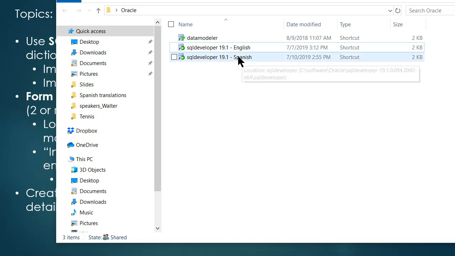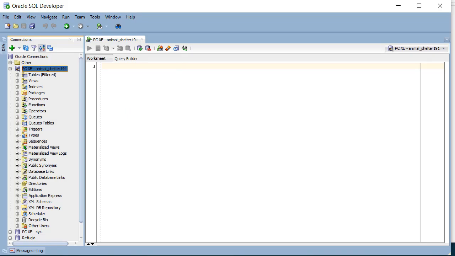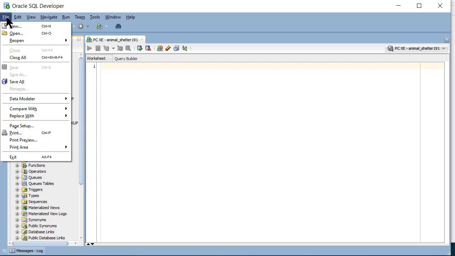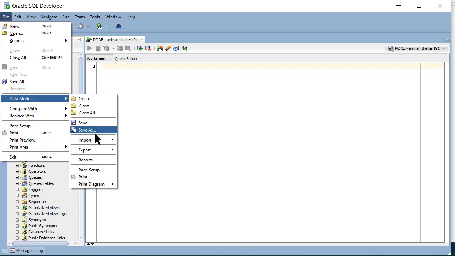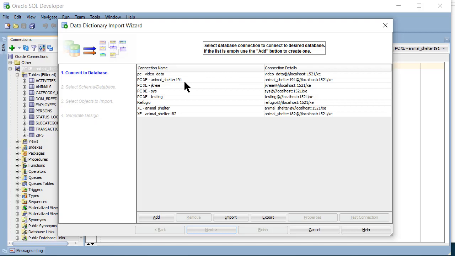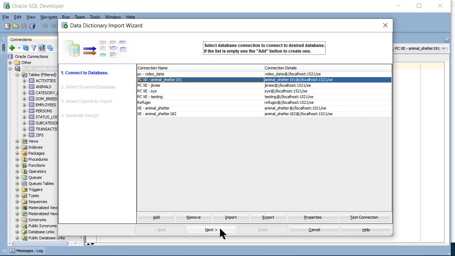So I have both English and Spanish, and I will launch the English version. I am logged in to the Animal Shelter 191 schema. If I expand on the left-hand side, I see those tables. What I want to do is come up to File, Data Modeler, Import, and I want to import the data dictionary. Then I select the account or schema I'm going to connect to